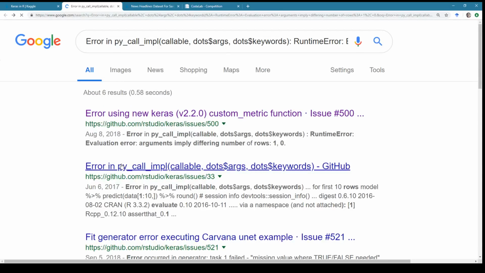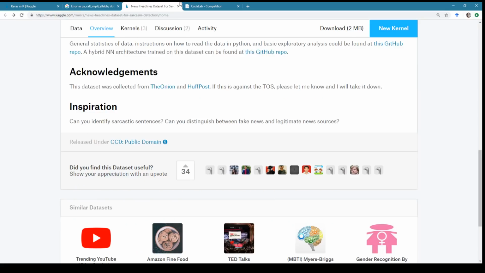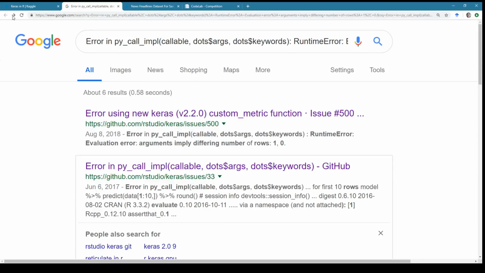Let's see. So this was in 2017. So this one actually, so the previous one, Joel says, I was still using the same built-in metric, but still had to create custom function. All right, let me give it a try. Let's see if we can get it to work. And I think this person had a custom function down at the bottom.